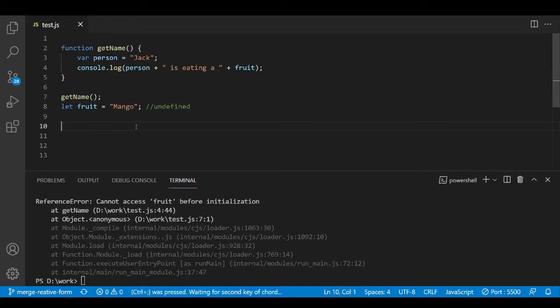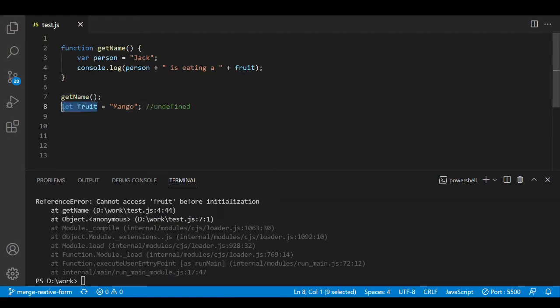Now what happened here is when I switch from var to let, it still goes through the same phases. In the creation phase, it will still be allocated some memory. It will still have a placeholder undefined value. The JavaScript engine just handles it differently. It handles let and const declarations a bit more strictly, so it won't let you use it before initialization.